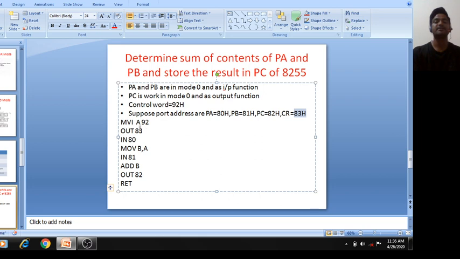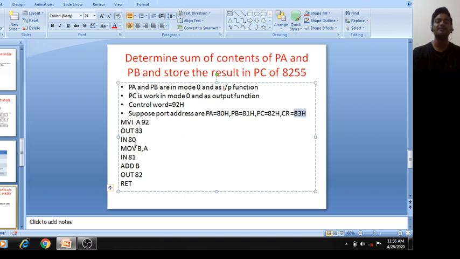It means after writing the control word in the control register, you have assigned port A and port B in mode 0 and as input function, port C in mode 0 and as output function. Then the sum of contents of port A and port B. What is the port address of A? This is 80. So IN 80.